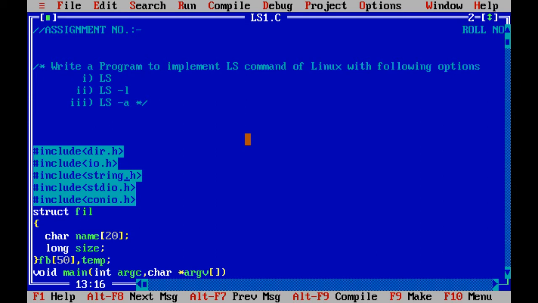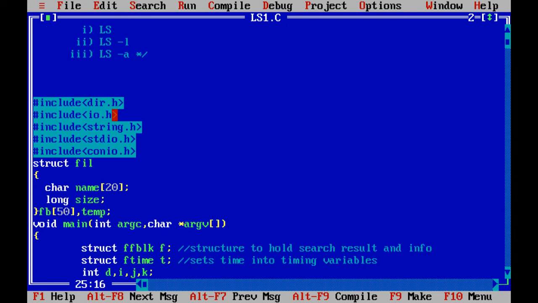Now let us go through the code. We are going to implement all three options through our C program. I have made use of the stdio.h and process.h files. I have made use of string.h because we are going to display a long list of file names, so we will require strings, and also some string copy or string concatenation functions. I have made use of dir.h because we are going to use some directory handling functions in our program.